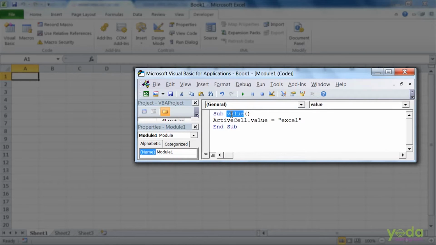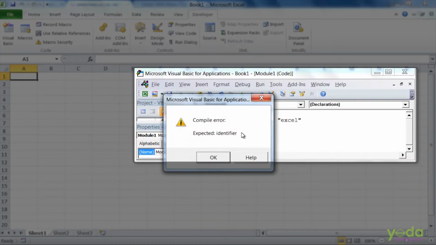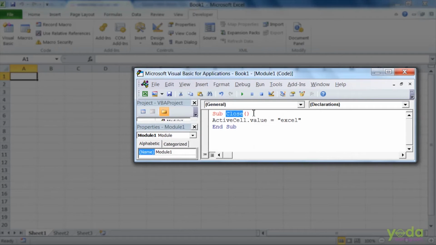So it should begin with a letter. Most probably you should give a capital letter. It should start with uppercase, and it should not contain any special character or exceed 255 characters. It should not be the name of any existing Excel VBA method, function or property. Say for example, if I give the name of any method to this, say for example I give the name as, say, Close, it will give me an error. Why? Because it is an existing method of the Excel VBA object.